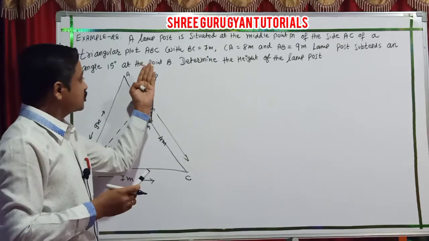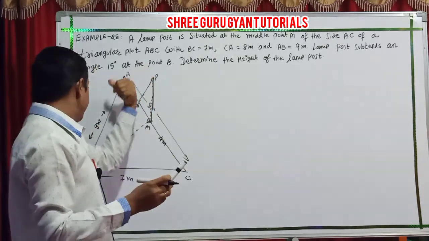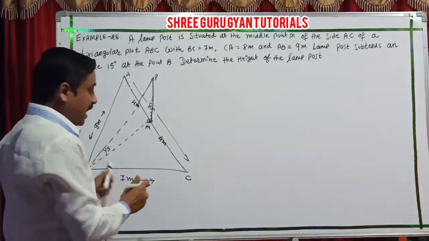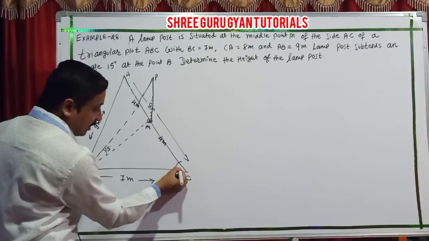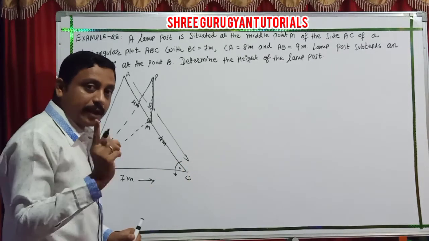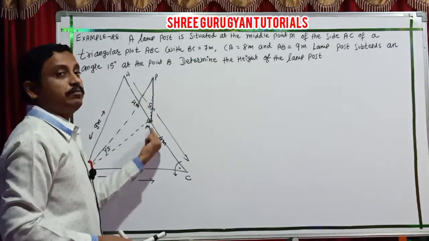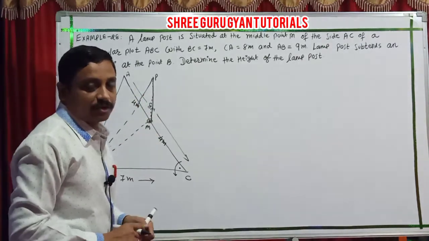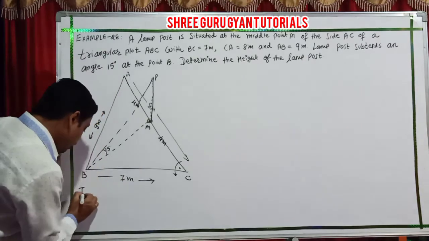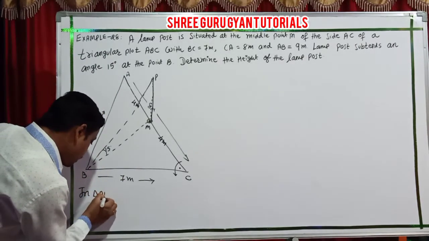Students, you are not reading this first of all. Only focus on A, B and C. I will first explain this angle C, and then after utilizing it, I go to BM. And BM is utilized in the triangle PMB. So first of all I start with the inner triangle ABC.